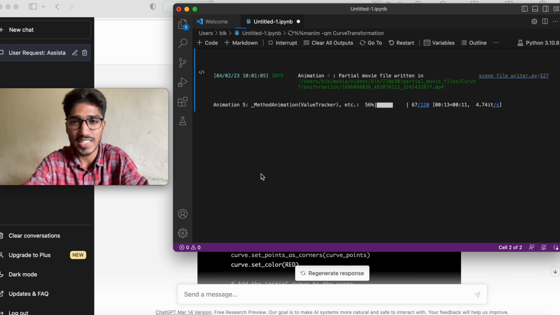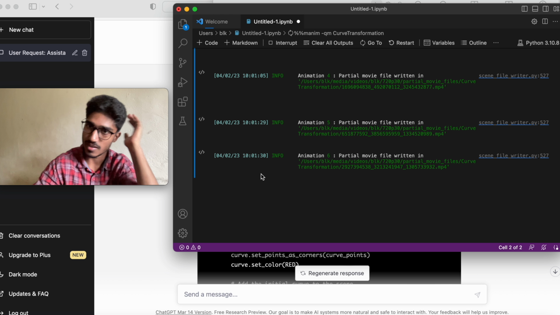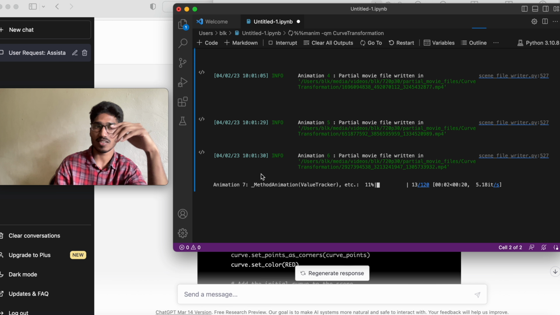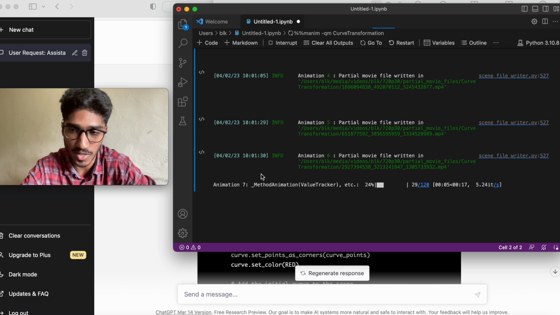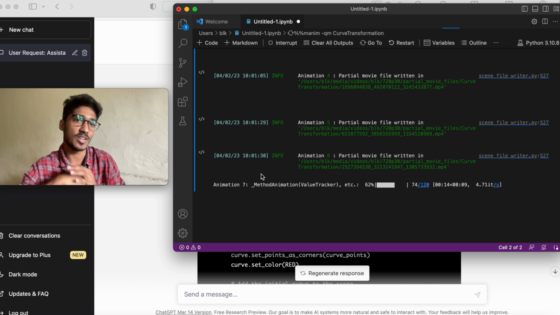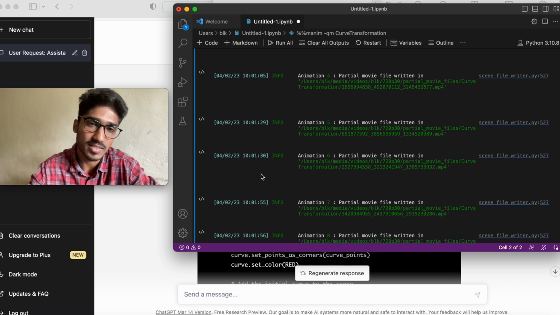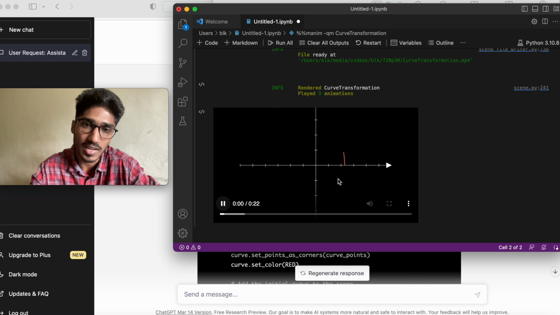So ChatGPT could be used in a similar way for anything. For example, if you want to visualize a linear transformation, or anything that you usually visualize using Manim, even if you don't know much about the programming language yet and you just know the basics, you can really use this technology to visualize the things that you study. Anything from integration, from vector fields to differential equations to transformations, anything. I think it will be really